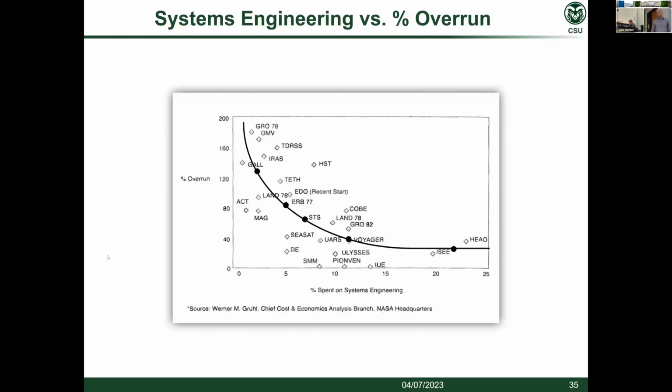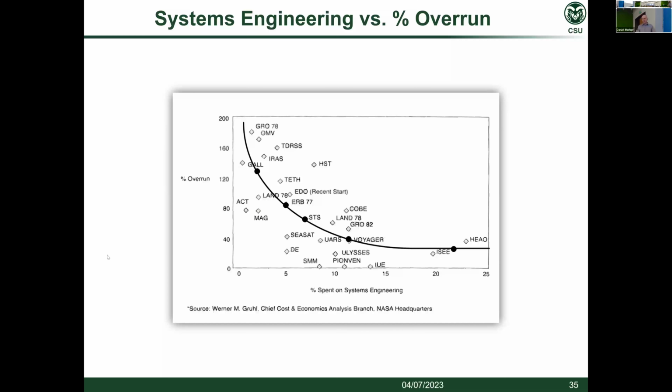That's a good question. I won't claim to have any insight. Would this curve look the same today? I think these are all very old, maybe two decades old now, if I remember right, when this was put out. So I'm not sure if there are more data points that could give better insight into current trends, or maybe we could start coloring dots for traditional systems engineering versus model-based or more digital engineering-centric efforts. Good question, but I'm not aware of an updated graphic. At least I haven't seen one at this point.